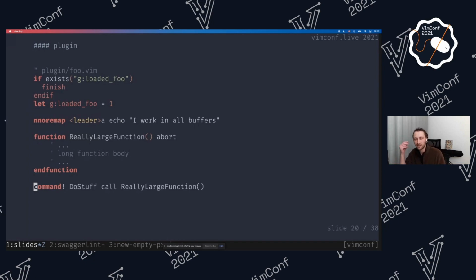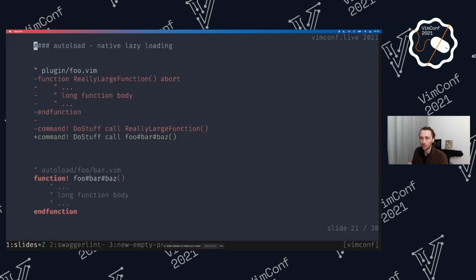However, this hints to us that this really large function doesn't really have to be there on boot up. We don't really need to parse it, and we don't want the user to sit and wait there while this Vim script is going to be parsed. So we can do something with it. And the answer is autoload. What we do is we remove this giant function and we call this name separated by pound signs, like foo bar bus. So for the web developers out there, this is basically a dynamic import. For everyone else, this is